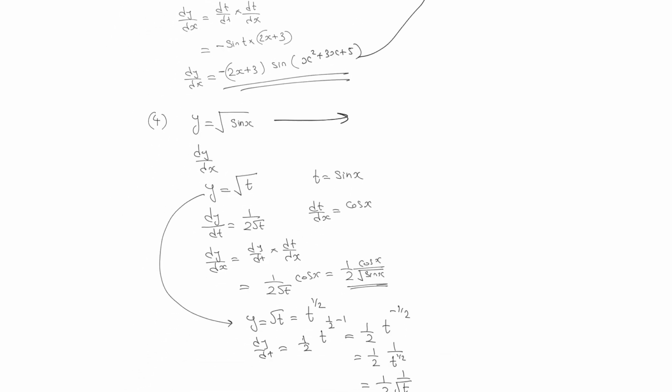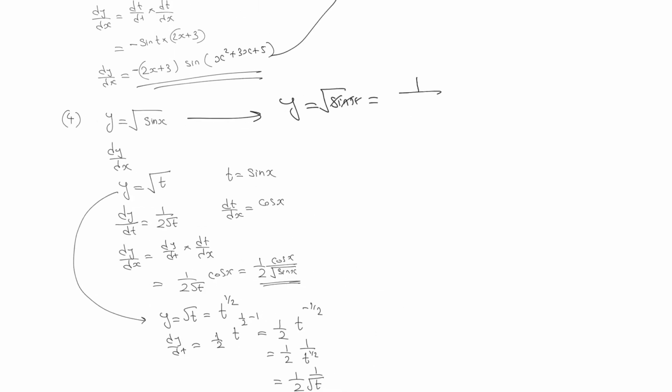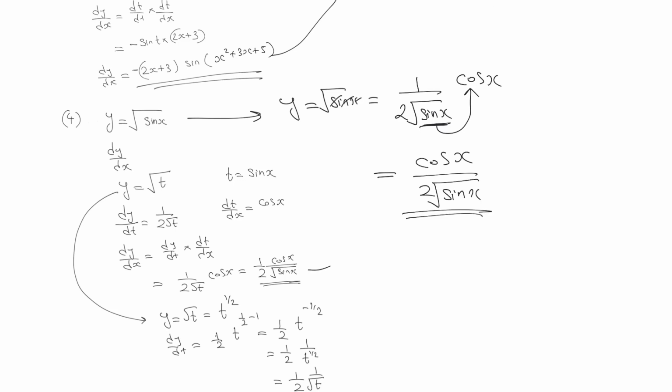If it is in the form of y is equal to root of sine x, assume that the sine x is like x. So differentiation of root x is nothing but 1 by 2 root x. Now the term that we consider as nothing but x, just differentiate it and multiply it over here. Differentiation of sine x is nothing but cos x. So we'll get our final answer is nothing but cos x divided by 2 into root of sine x. So we can observe that we'll get the same answer.